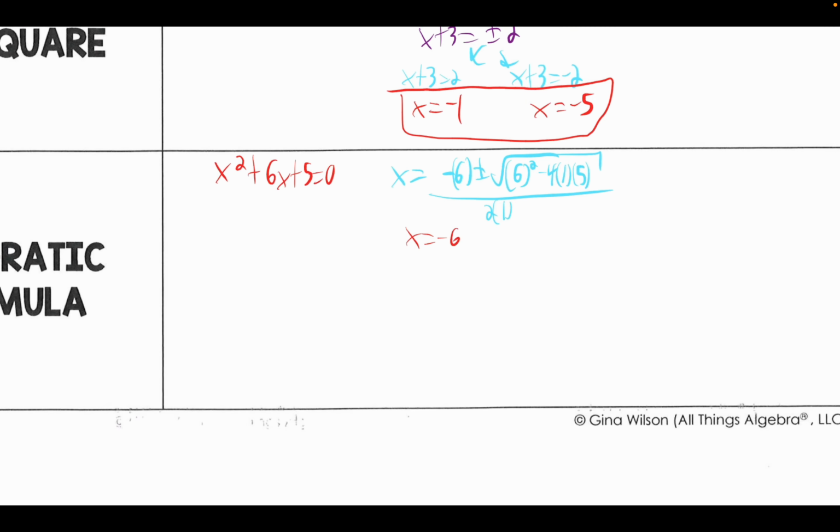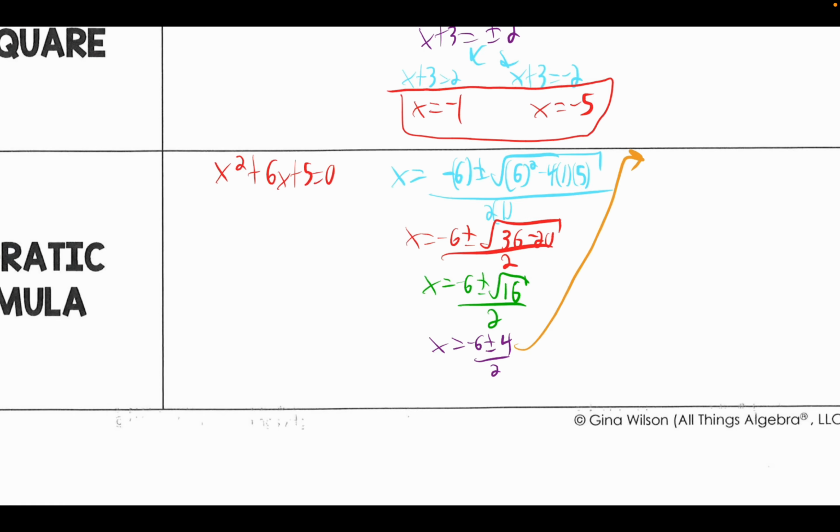And that's negative 6 plus or minus the square root of 36 minus 20, all over 2. And 36 minus 20 underneath the radical is the square root of 16, which is quite convenient because 16 is a perfect square. So that's x equals negative 6 plus or minus 4 all over 2,